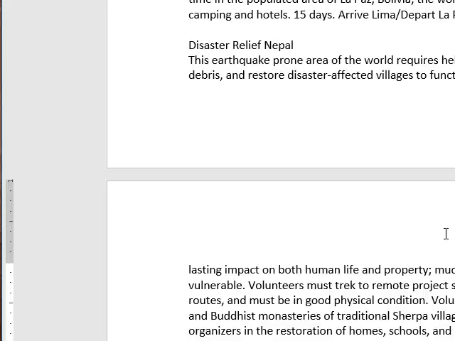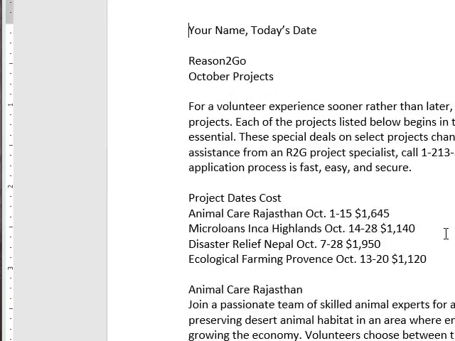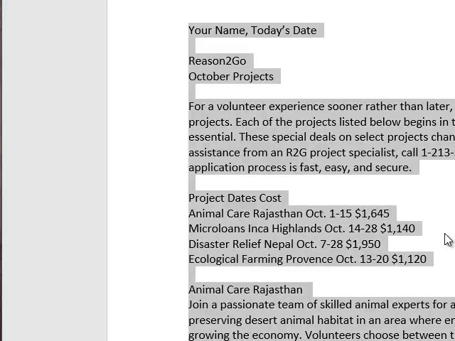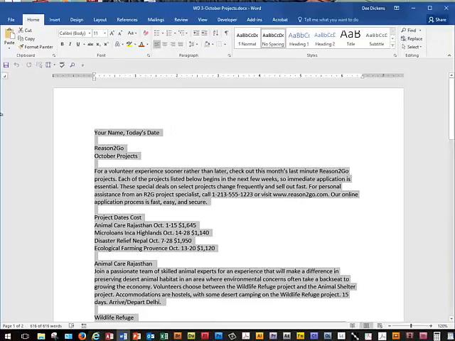Okay, next we're going to use the shortcut keys on your keyboard, Control and Home, to move back to the beginning of the document. And then we're going to use the shortcut keys Control and A to select all. So we've selected the entire document by using the shortcut keys Control and A. We're going to go to the font list arrow in the font group, which is on the Home tab. So here's the font group, and we're going to